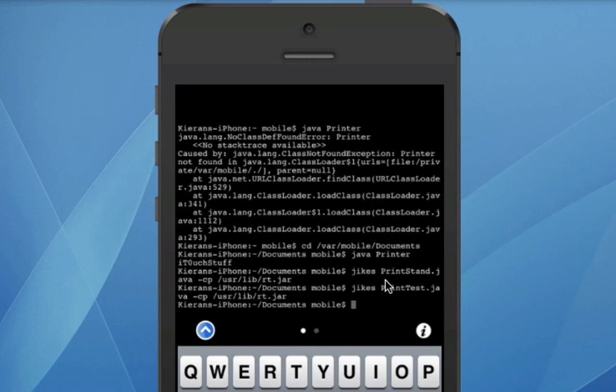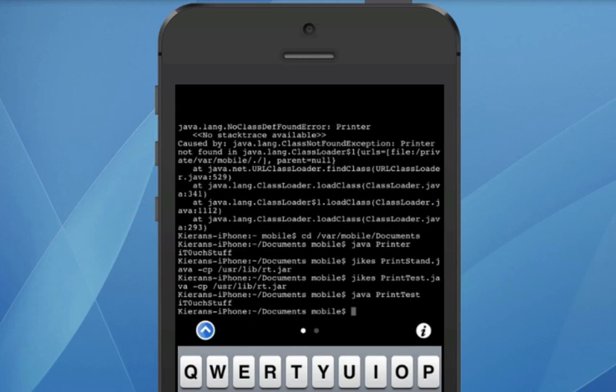Okay, so as you guys can see in those last few commands that I entered right there, I basically just compiled both the printstand.java file and the printtest.java file. If you're wondering why it's named printstand, it stands for standalone class, and then the printtest is just a test of that standalone class. So now I'm not going to go back into iFile because I don't want to quit out and relocate to my directory, but if you were to go back into iFile, you would see that you now have a .class version of both printstand and printtest, and we're just going to go ahead and run the driver, which is printtest,